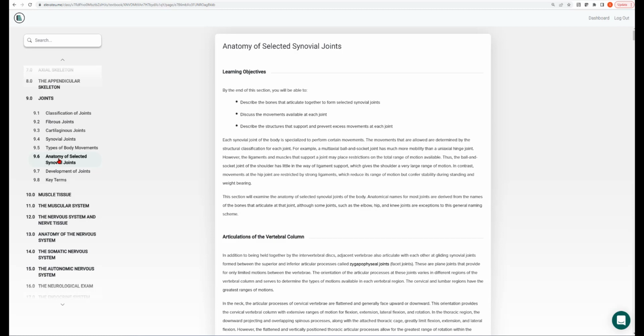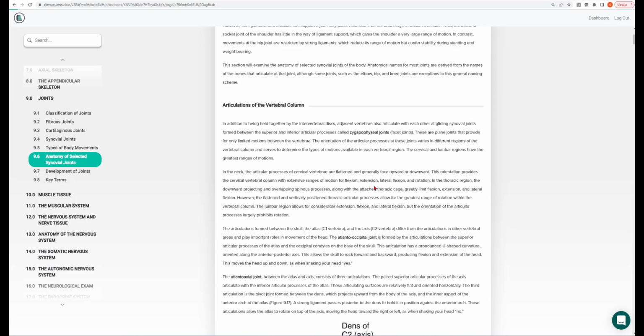What is most important for you as we take a look at these specific joints? I want you to know the bones that are articulating in these joints. I want you to know the movements that are being allowed by these joints. Is it a multiaxial or a uniaxial joint? And I want you to know the structures that are helping to provide protection to that joint. Those are the things that I'll be pointing out as we go through this. So let's take a look at a number of these joints. So number 1,